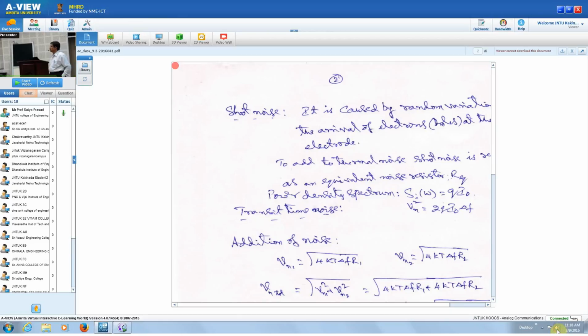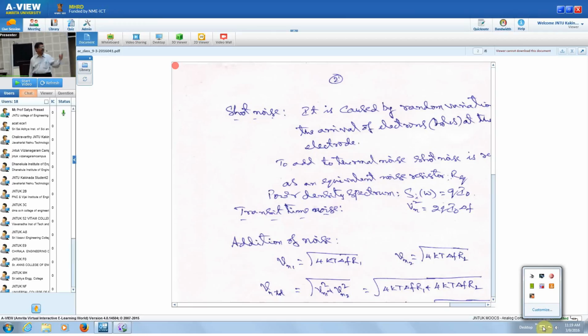So this entire shot noise will be put into some R equivalent, so that the R equivalent generates some thermal noise of root 4 kT delta F into R equivalent. That way we can combine the different noise sources, the resistances that we are going to have. So the power density spectrum developed by this